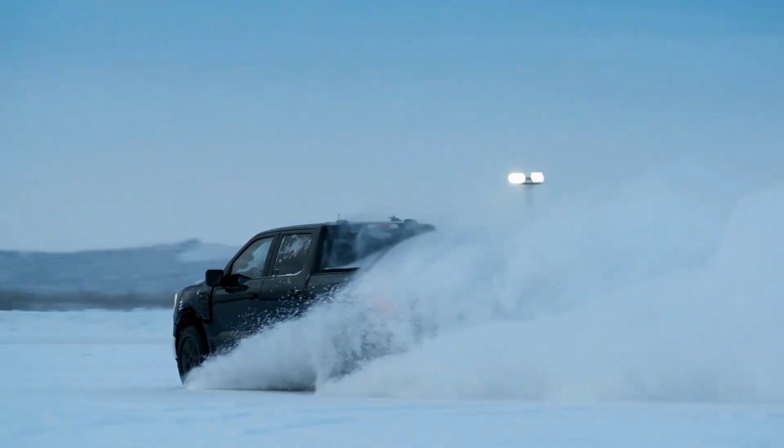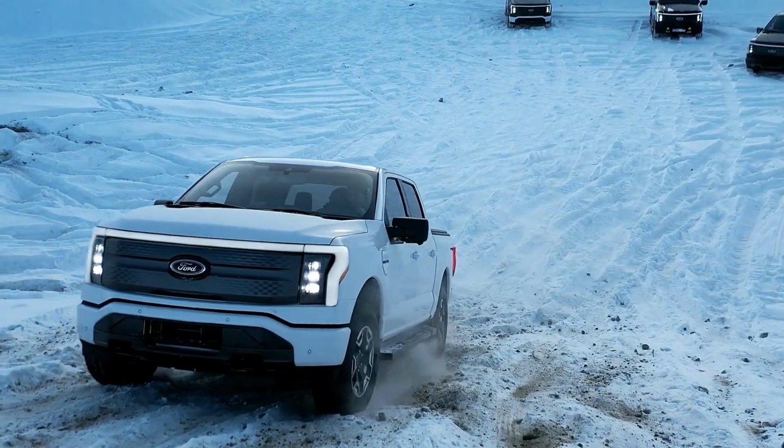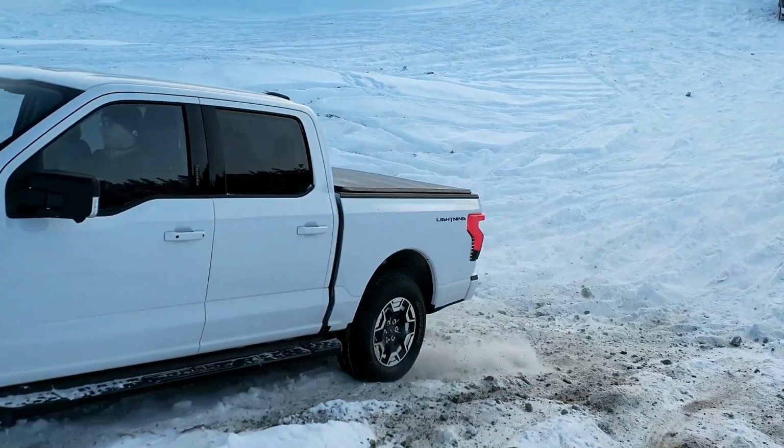So this truck had to be built for tough. And the number one, the given, was that it had to be ready for absolutely anything. So it's been tested with the most extreme that you can imagine, both physically and also in our labs. Way down to minus 40 degrees, and in snow and ice and packed snow and rock and ravines and rivers